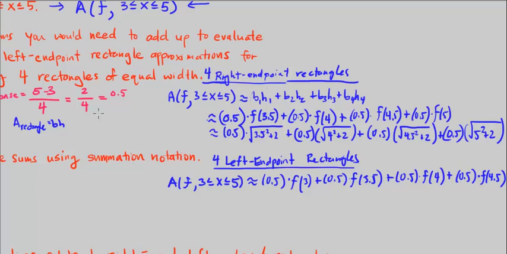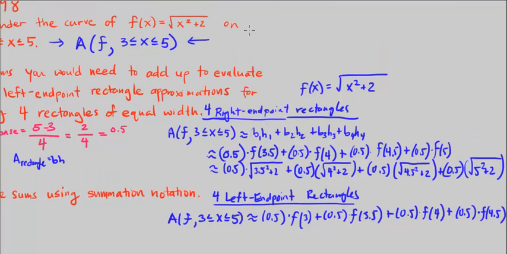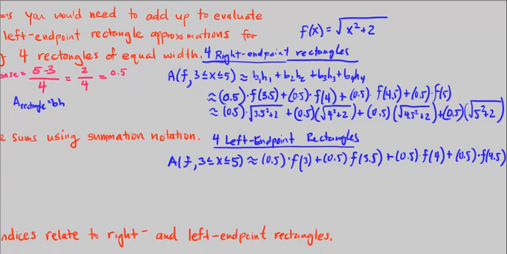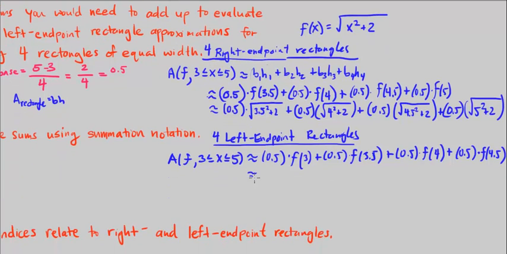Okay? And again, we know our function f, I could write it right here, f of x is equal to the square root of x squared plus 2, right? That's given to us right here at the beginning. So let's go ahead and plug these values in. So that's approximately